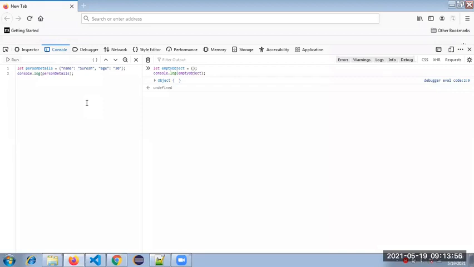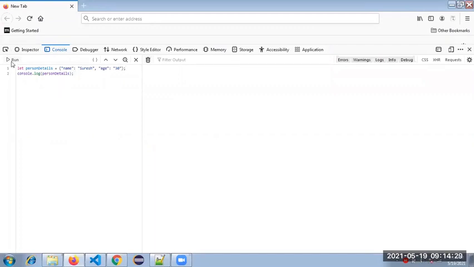This is an object, and this is how the object is stored, which is why I represent the term object as key value pair. JSON is also a key value pair by default. We will try to print this.